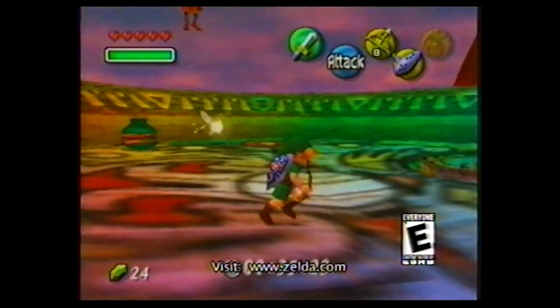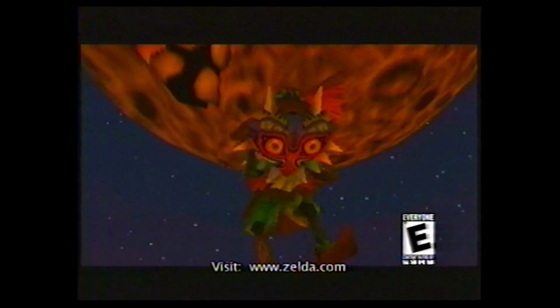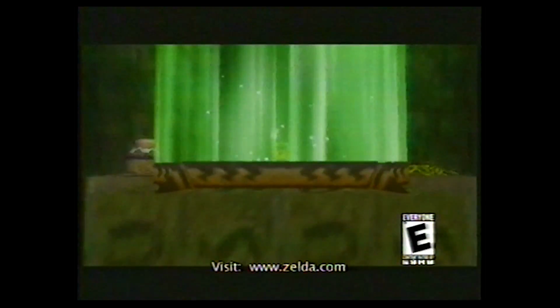One of the things that makes the game really cool is that the whole time the clock is ticking. The moon is getting closer, and you're not going to stop any of that. You have so many things that you have to accomplish to stop this moon from falling. If you mess up even the least little bit on a couple of these things,